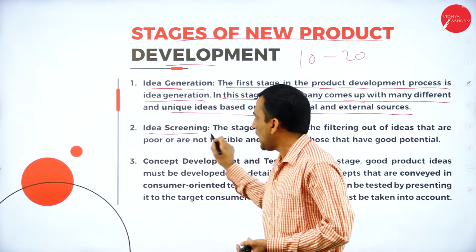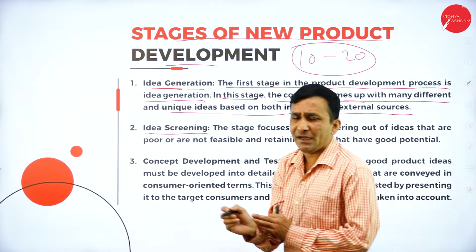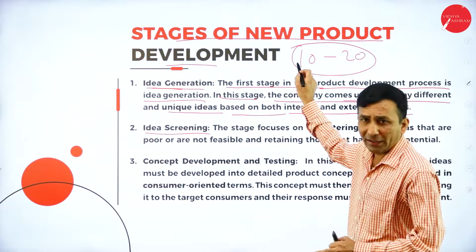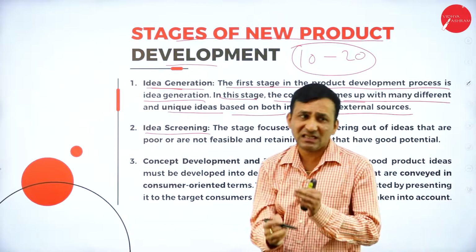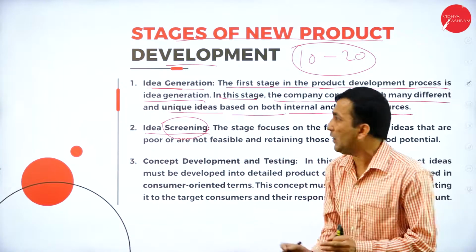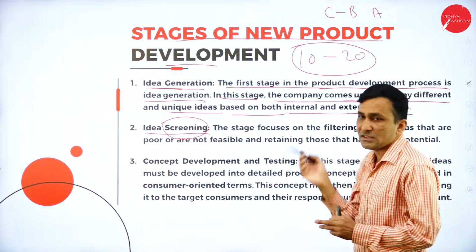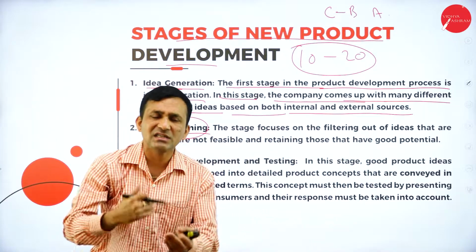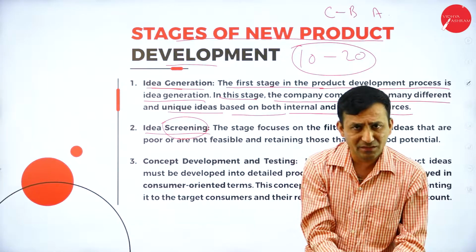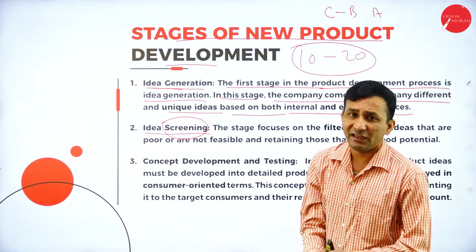And second one, idea screening. Whatever you have in your mind, around 10 to 20 ideas, of course we cannot implement all the products whatever new ideas you're getting. So in this you will choose the best one, which is going through the process like a screening. Each and every product we need to do a cost benefit analysis. So if I selected this idea, what is the cost of production? How much benefit am I getting? Am I ready to go for investing money in developing a new product? Of course, I just want to evaluate each product.